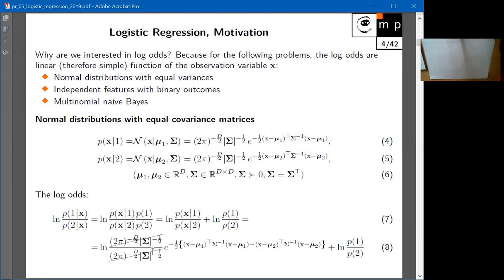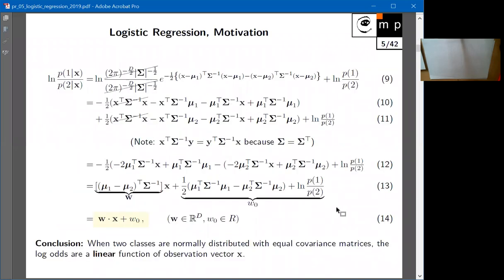We get log of e to the exponent; these are inverse functions, so we get only the exponent, which is a quadratic form. And then the prior probabilities are two real numbers which sum up to 1, so this is some sort of constant, the logarithm of P1 over P2. So after some arithmetic,